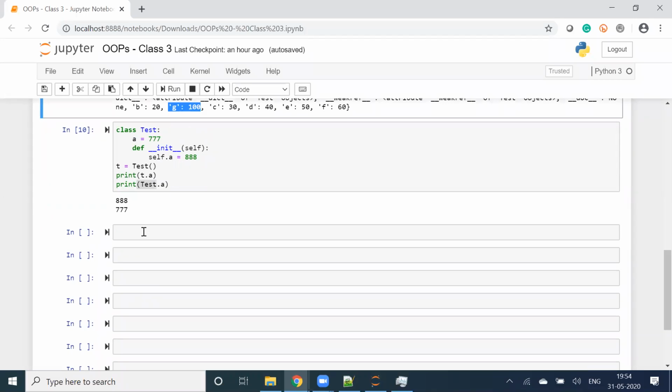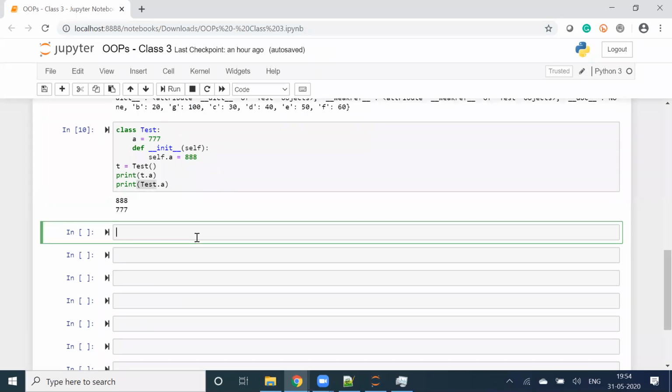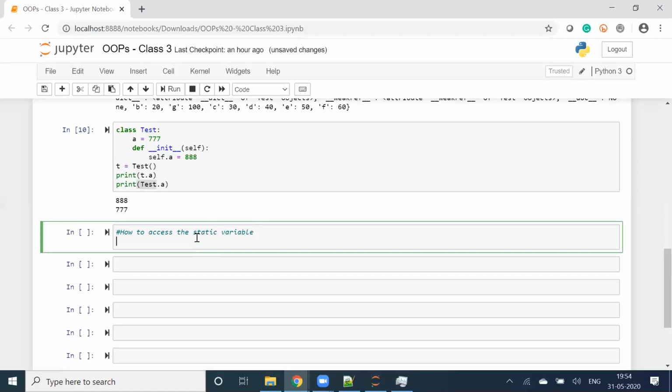Now we saw how to create the static variable. Now we want to know how to access the static variable. What are the different ways we have? Inside the constructor, can I access the variable? Let's try that.